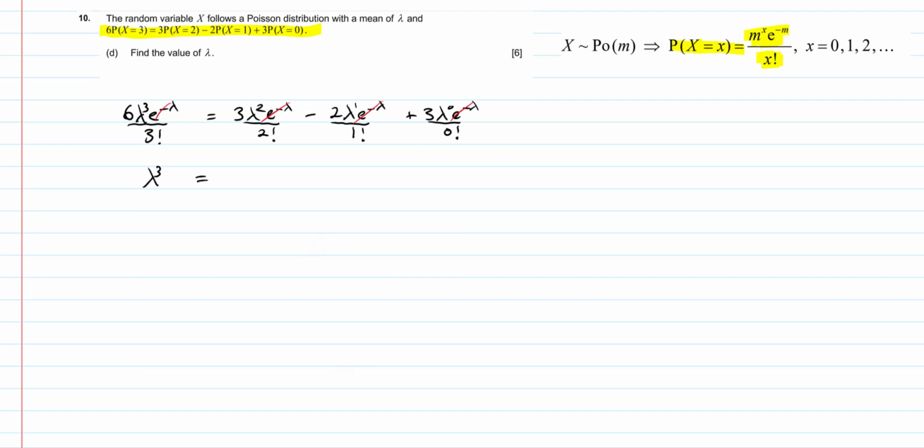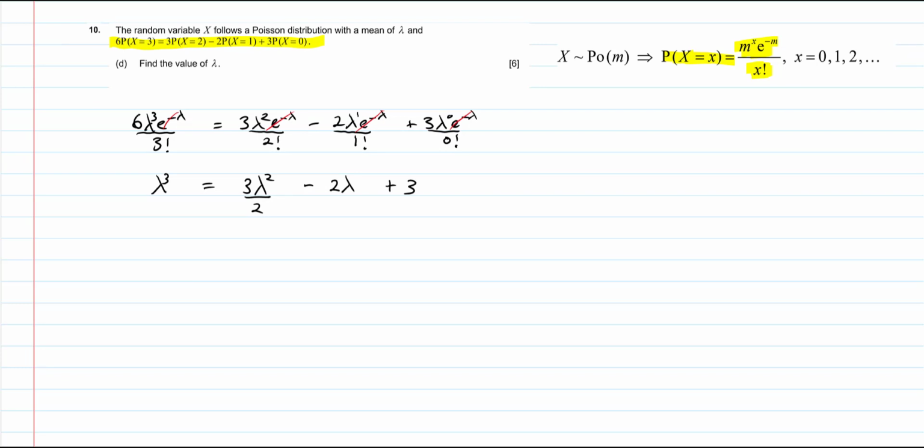And that is equal to 3 times lambda squared over 2 factorial. 2 factorial is just 2, so it's going to be 3 times lambda squared over 2. And then minus 2 times lambda to the power of 1 over 1 factorial, just 2 lambda, and then plus 3, because lambda to the power of 0 is 1, and 0 factorial is just 1. So now we can rearrange this equation. So we're going to get lambda cubed minus 3 lambda squared over 2 plus 2 lambda minus 3